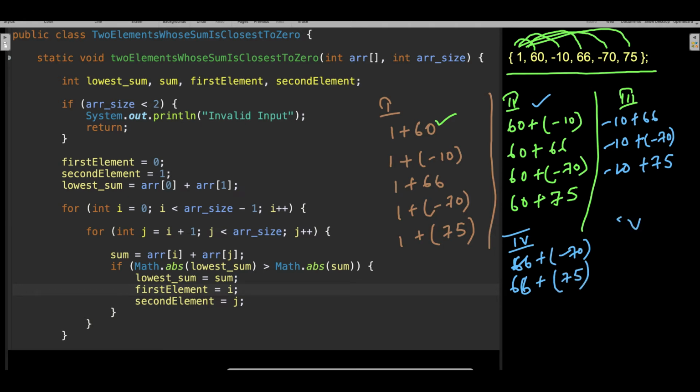And in the fifth iteration, you will just write minus 70 plus 75.